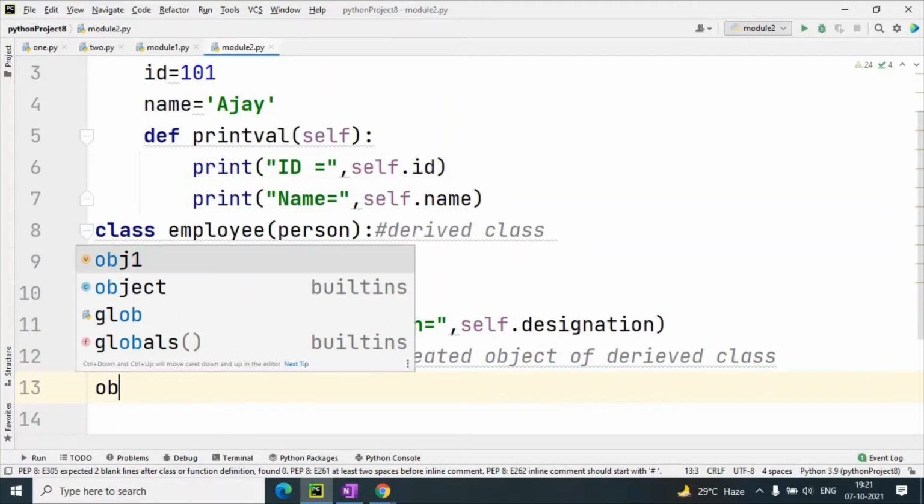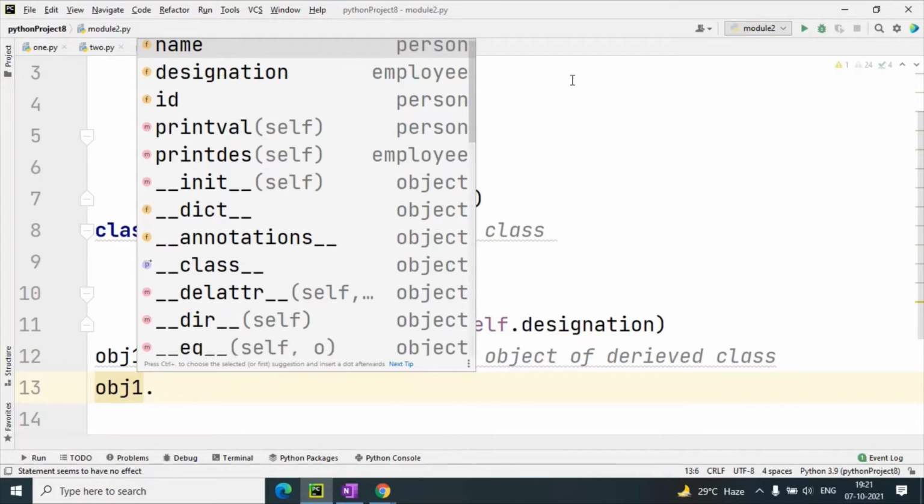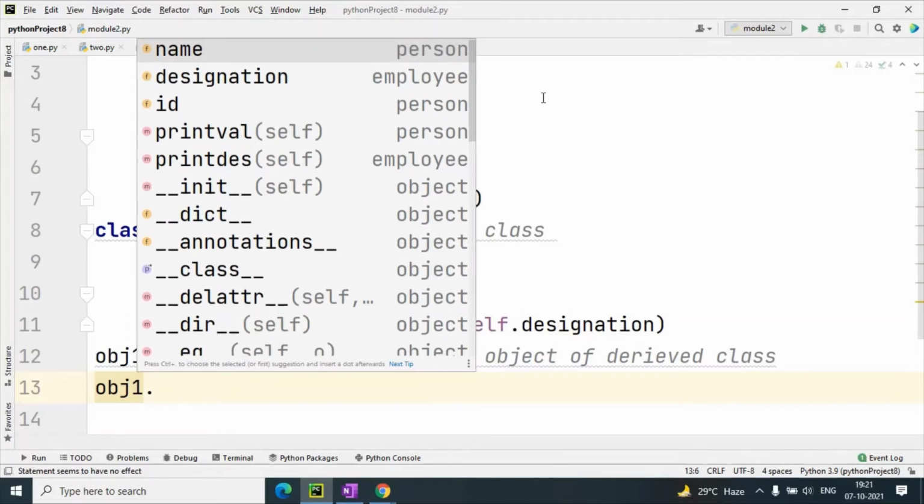Now when I type obj1 dot, you can see I have all the properties of the base class also available. Name and id are properties of the base class, and designation is the property of the derived class. You can see here that name is a property of the Person class, and id is also a property of the Person class, but they are available in the derived class.